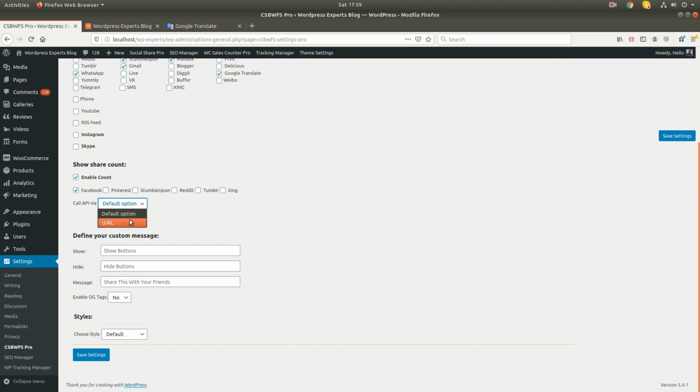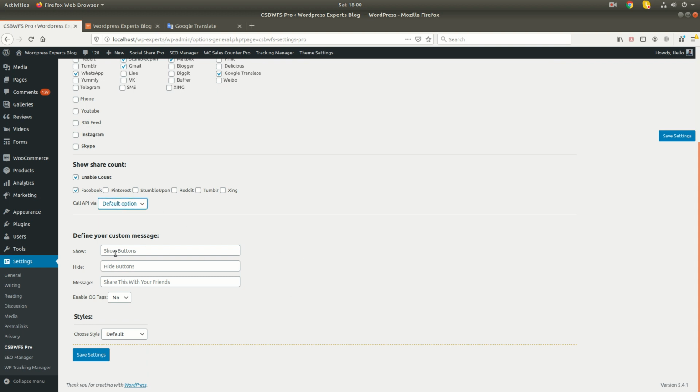If you get any error on your website after enabling this, then you can select the second option. Okay, sometimes the user can get an error on your website due to some server settings. Okay, so if you get any error after enabling the count, then you can choose the curl option, otherwise you can leave it as it is.